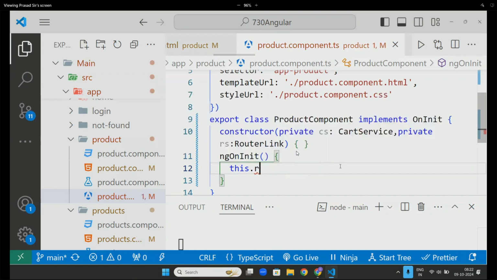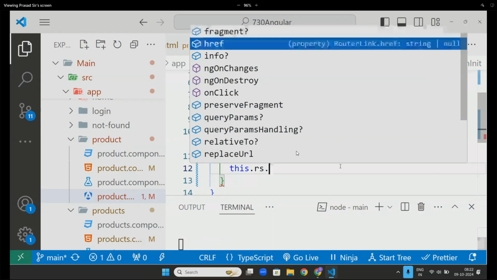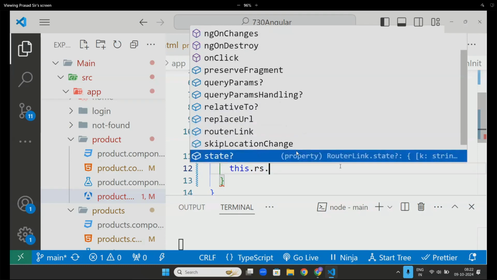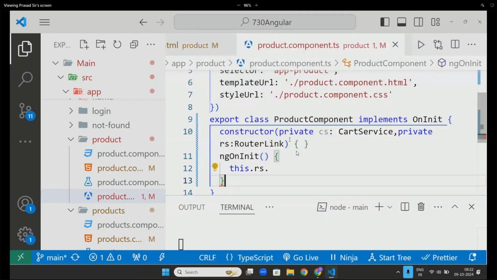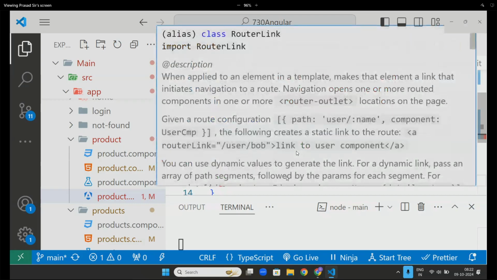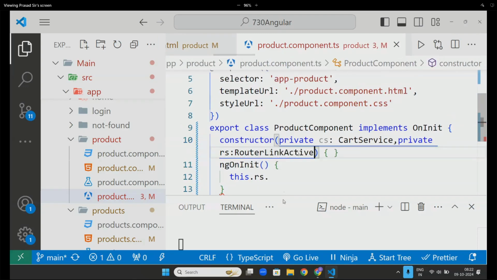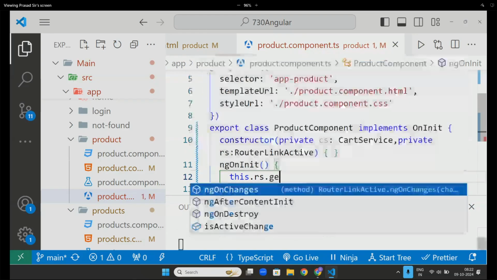This dot rs dot href, onClick, onDestroy. I want only the query parameters. Here, this one also doesn't have it. Which function has it? Is it router link active? Get.